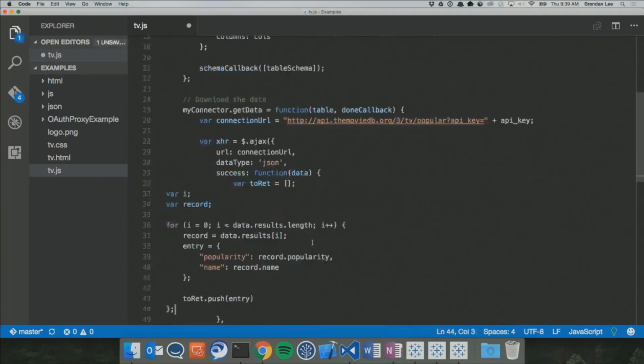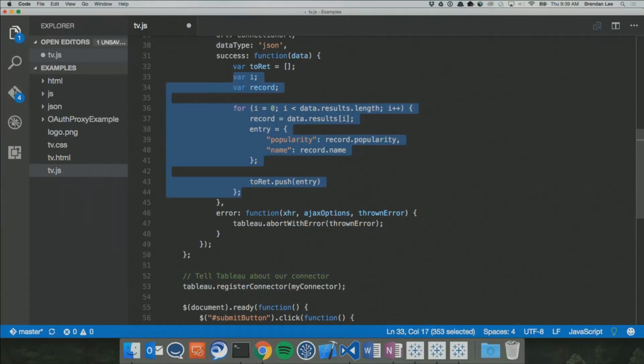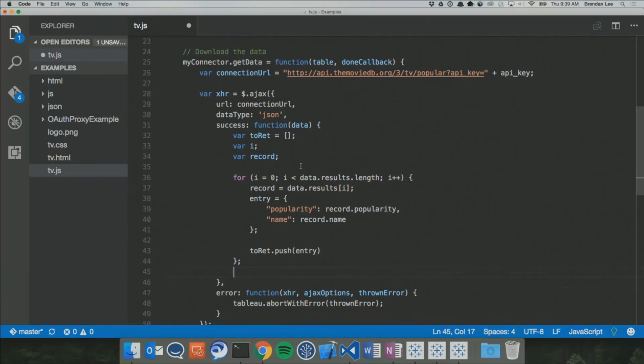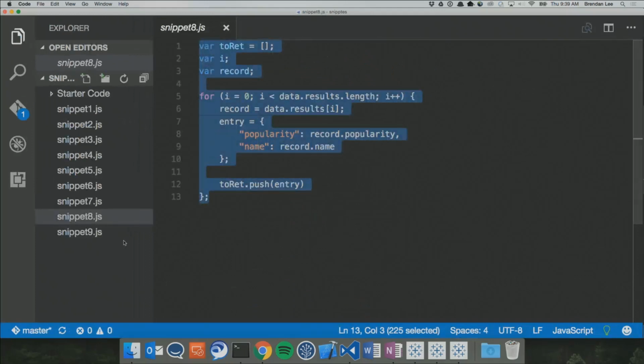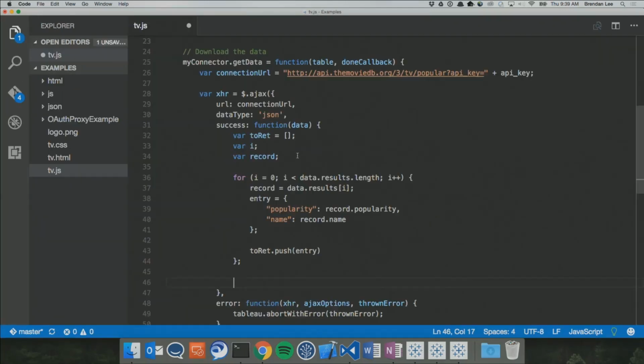So we're putting this in a success function because we want this to run as soon as we get information back. There we go. OK, so now what's happening is we get our information back from the REST API. And as soon as we do that, we're going to basically just go through that information, clean it up, and just keep the information we care about. And that's going to be stored in this array here. And so the very last step is just to send that array back to Tableau. And I'm going to pull this snippet into our code, and then I'm going to explain it because it makes more sense in context.